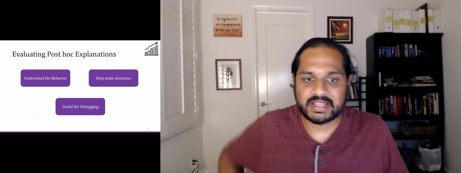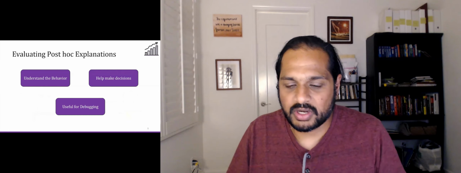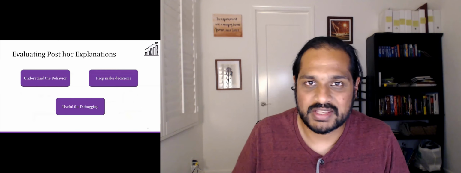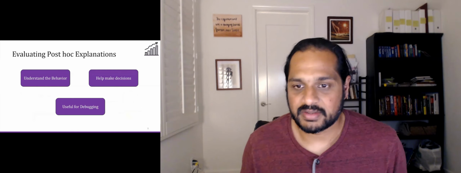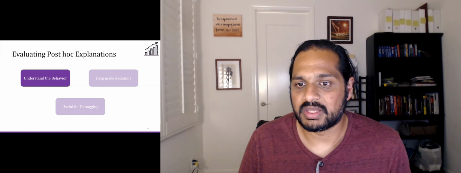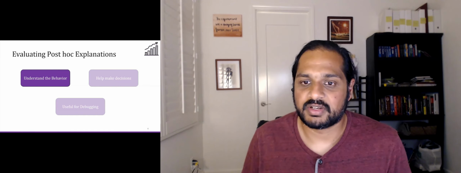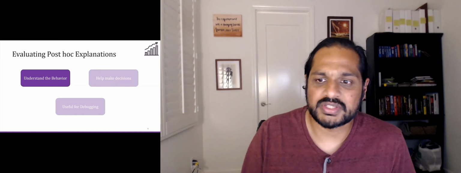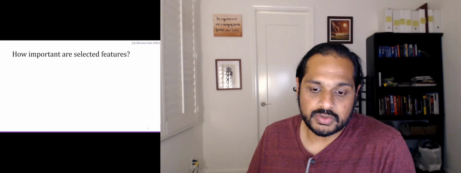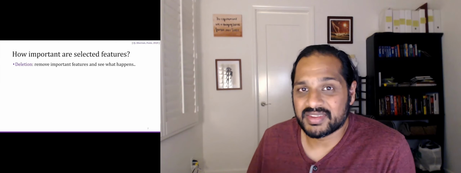We are going to follow a slightly different structure. Instead of looking at how complicated or how involved the evaluation is, we're going to be looking at what the evaluation is trying to test, or which aspect of explanation it is trying to test. And so these are going to be the three criteria. The first one is going to be, can we understand the behavior of the model using the explanation itself, right? And there are different ways of turning this into an evaluation, and I'll give you an example of some of them. So the first one is to ask the question of how important, if you're selecting a few features, how important are they actually to the model?